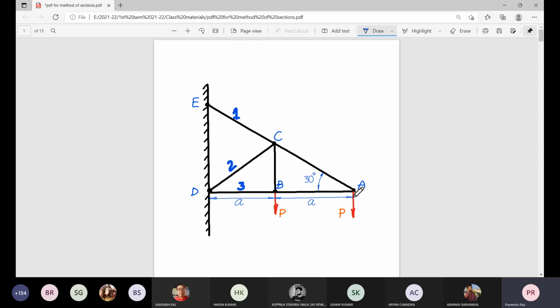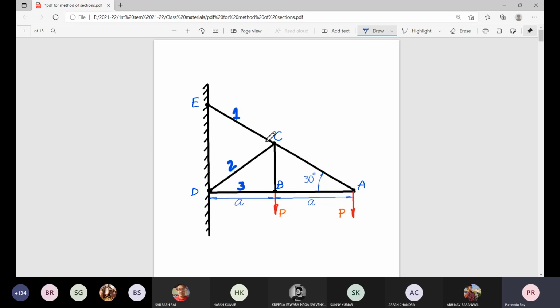So this problem is very simple without finding any reaction. In fact, we do not require that. Start from joint A, then joint B. So these members BC and AC, they are already determined. So go for this joint C and determine this member C and CD forces. And you really do not need to find the reaction at this connections E and this connection D, because this one AB, AC, then BD, BC, and now it is CD and CE. You can solve it directly.